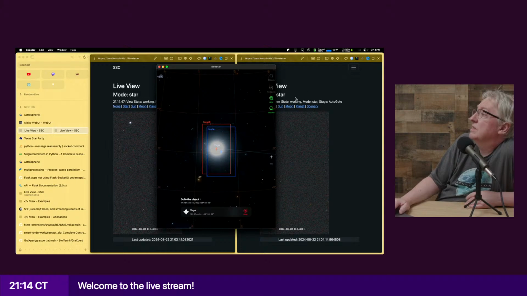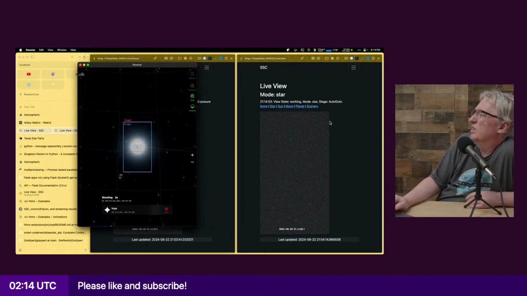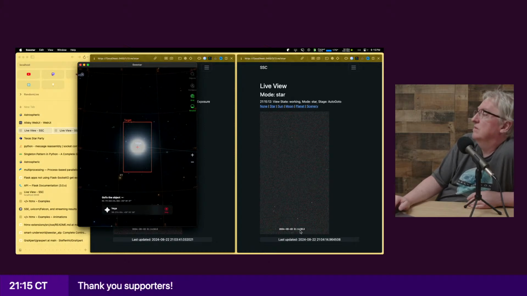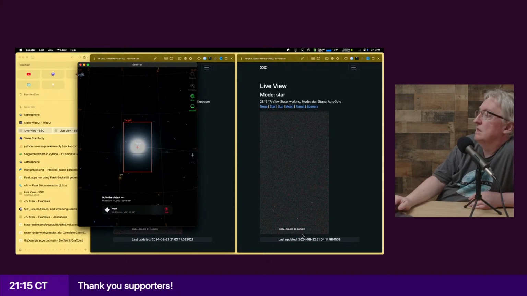Now, one thing that's interesting, you can see that this one updated where it says now it's going auto go to, and a lot of times, oh, it's interesting. It's still updated the image. Now, will it continue to update even while it's doing the go to? That would be interesting, if it's actually updating the live view while it's running a go-to operation, but I haven't seen it update. Although it should be updating soon, perhaps.